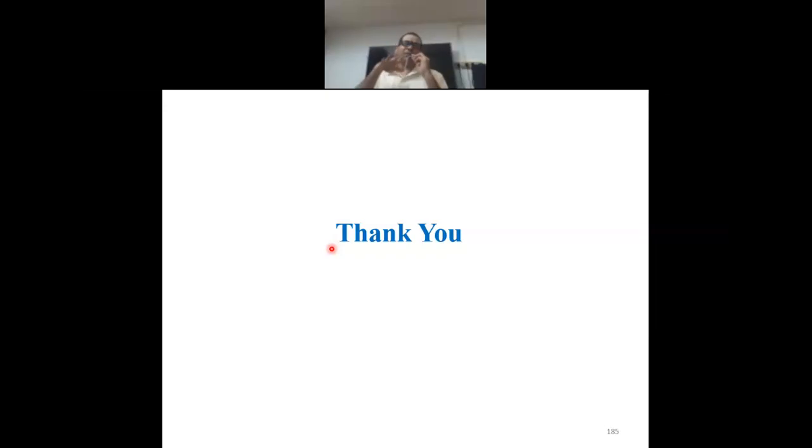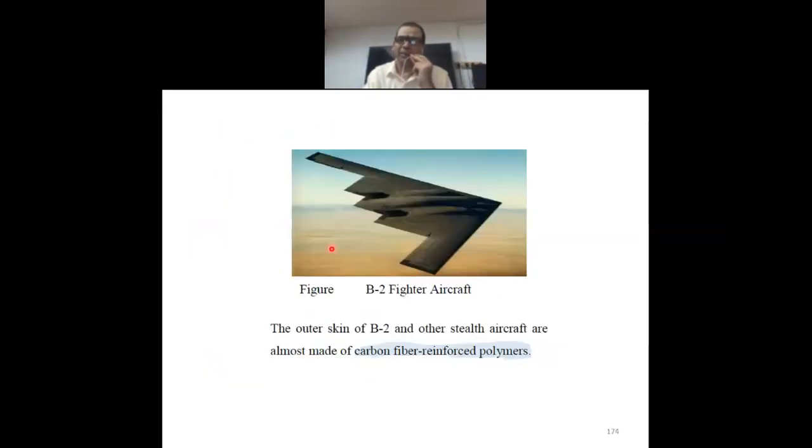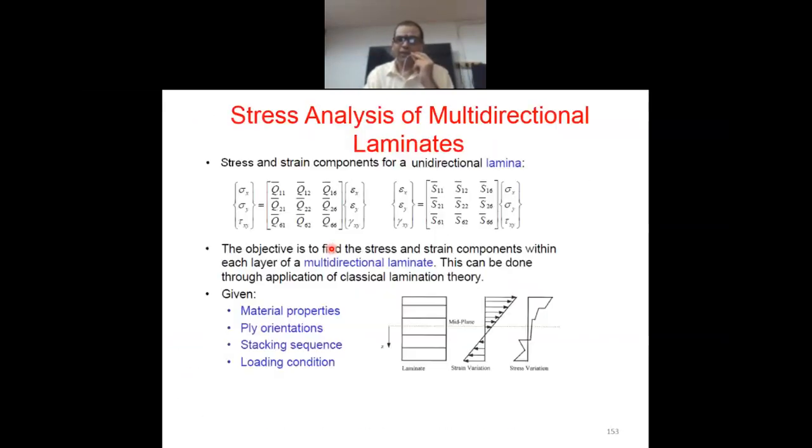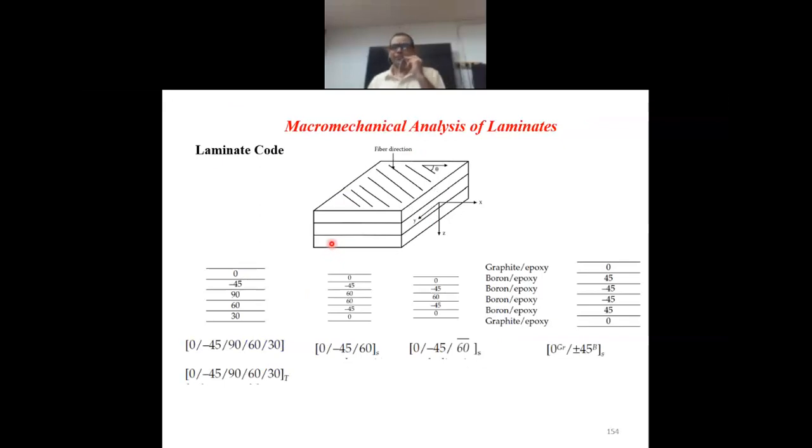For example, if we reinforce the fiber, say fiber 1, fiber 2, that fiber 1 is reinforced, that is lamina 1, I think, and another fiber, that is lamina 2. I think actually I have quickly gone through that slide. If you look at this particular slide here, this one is graphite epoxy, this one is boron epoxy. So for each and every lamina, we have to find the material property separately.